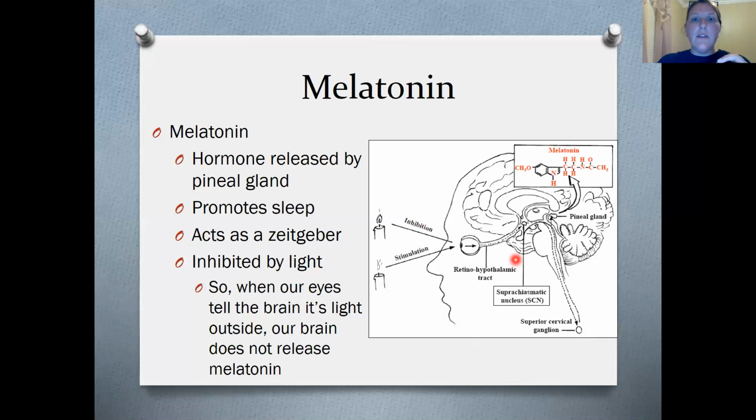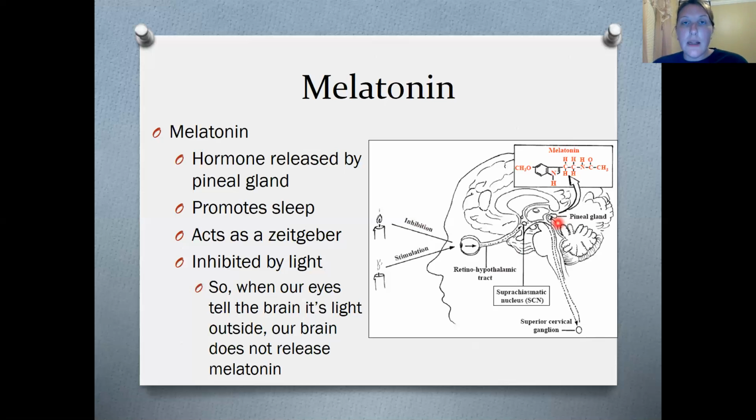So it may be giving this inhibition pathway more credit than it deserves, because our brain now thinks, okay, it's time to wake up. So when you use a lot of artificial light, when you use blue light, for example, and blue light is mentioned later on in this slideshow, when we use our tablet, our cell phone, our laptop, our TV, fluorescent lighting, when we're having a lot of light exposure at night, we are telling our brain not to release the right amount of melatonin, because